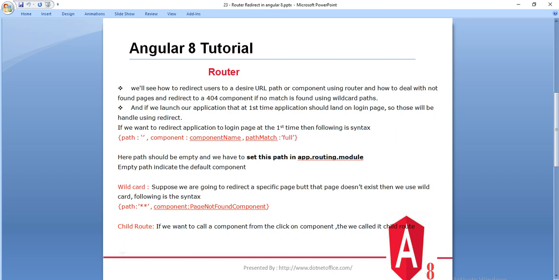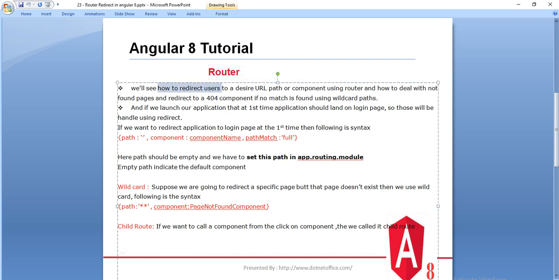We will see how to redirect the user to a desired URL path or component using the router, and how to deal with not found pages. This page not found we do using the wildcard path, that we will understand in a bit.